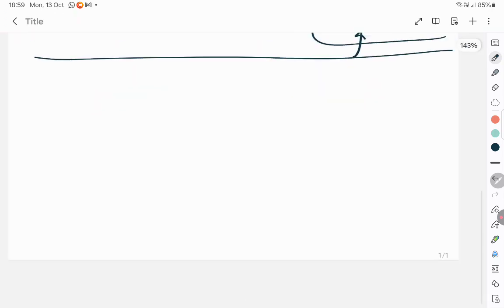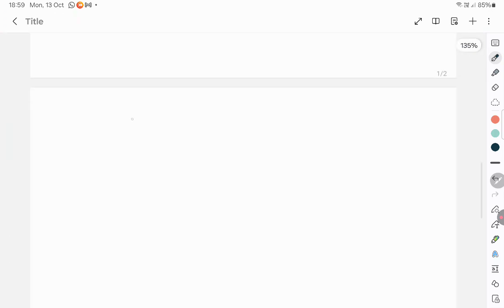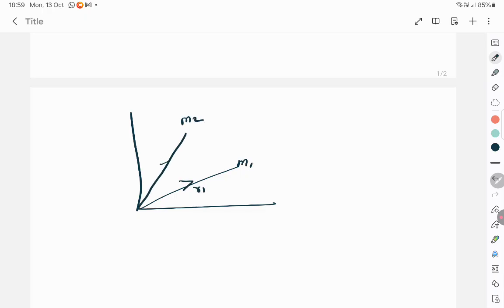Okay, gravitational shielding. Now I'll teach you this in vector form. Supposing two masses are there, m1 at a position vector r1 and m2 at a position vector r2. The m2 will be attracted by m1 and m1 will be attracted by m2 by the universal law of gravitation. So we'll call the force where m1 is getting attracted by m2 as F12, force on 1 due to 2. This will be the force on 2 due to 1. Let's write F12, force on 1 due to 2, is capital G into m1 m2 by position vector r square. You should write in vector form. When you have F12, you should write r21 vector the whole square.